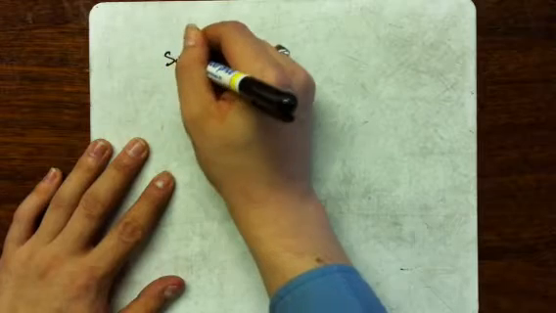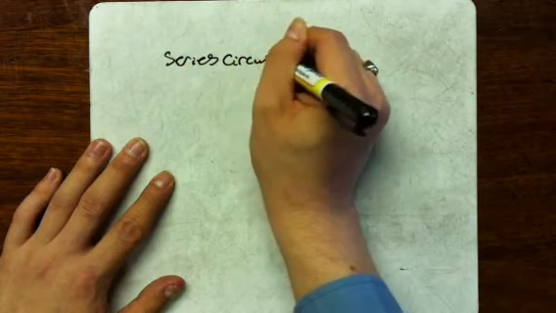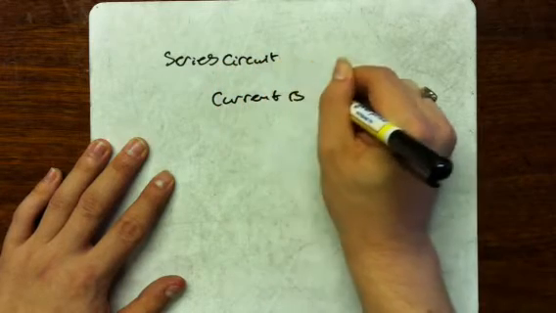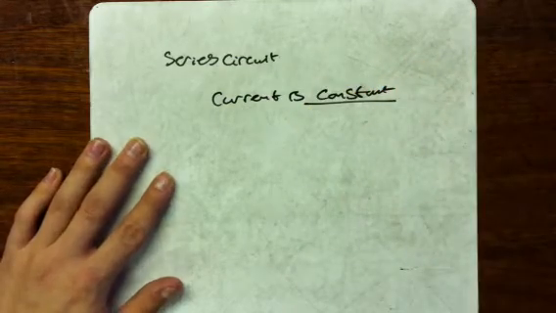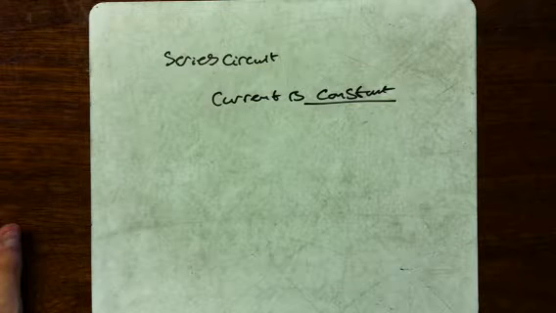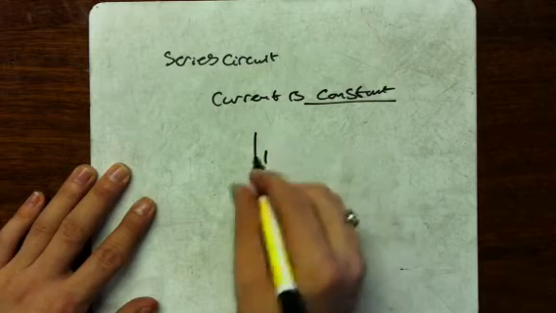The first one is that in a series circuit, current is constant. Now, what that means is that no matter where you are in the circuit, the current will always be the same value. A good example of this, if we just put that into a circuit diagram, we have our cell,